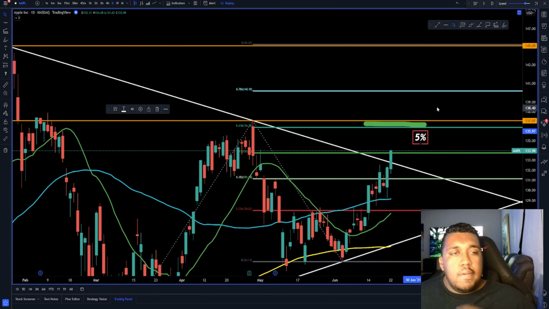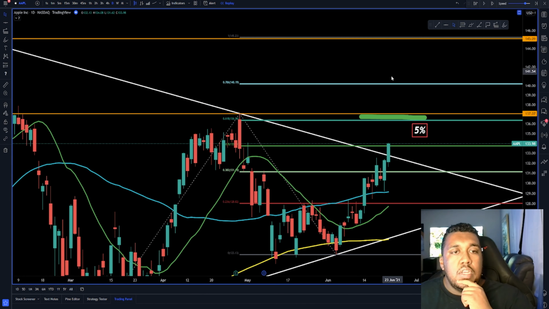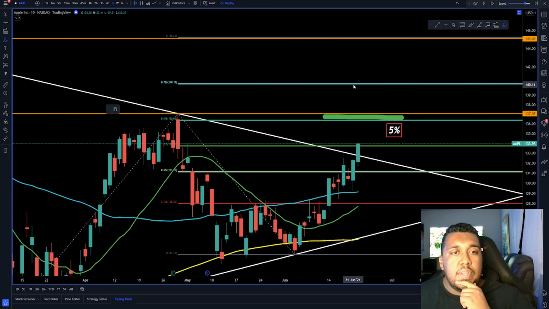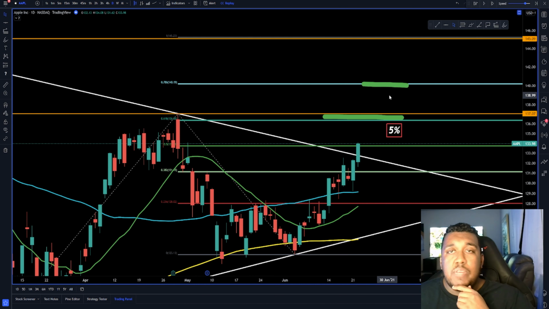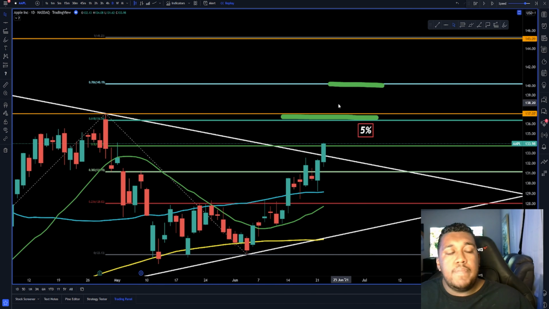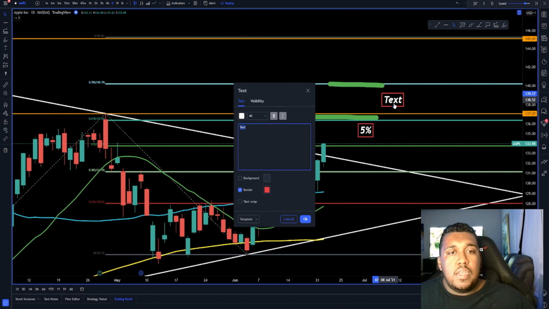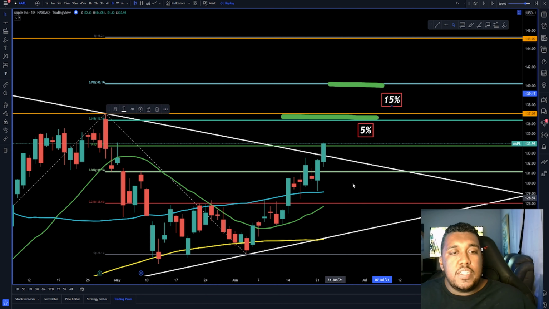All right. Now we have another Fibonacci level up here. So maybe me being me, I'm like, okay, well, fine. This is a little bit higher. By then the price would have had to move up about 5% in a few days. That's pretty strong, but I think we can do it because we've had such a long consolidation period. So maybe this time I'm saying, hey, let me scale out about 15%. That way, within a few days, I'm hoping I can get about 20% out of this position,